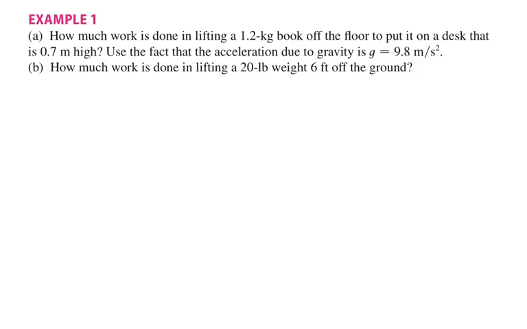So look at example 1. It says how much work is done in lifting a 1.2 kilogram book off the floor to put it on a desk that is 0.7 meters high. Use the fact that the acceleration due to gravity is g equals 9.8 meters per second squared. So we use the formula force equals mass times acceleration. In this case, they tell us the acceleration is due to gravity, 9.8 meters per second squared. So let's fill that in. The mass is 1.2 kilograms, and the gravity or acceleration is 9.8